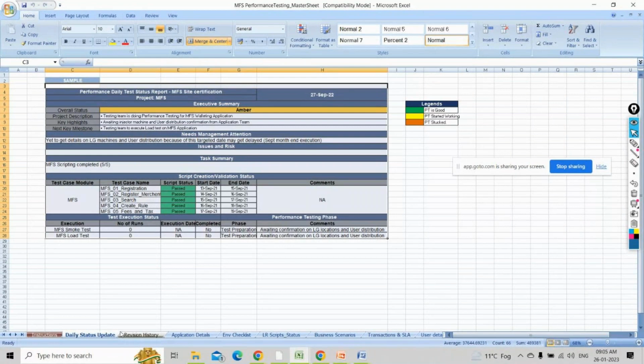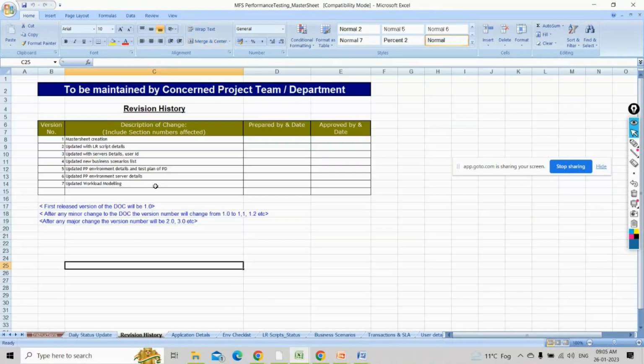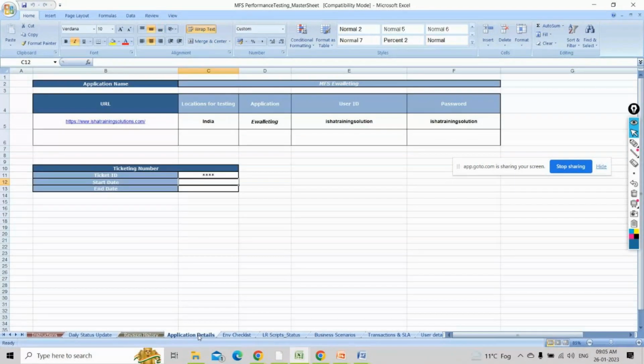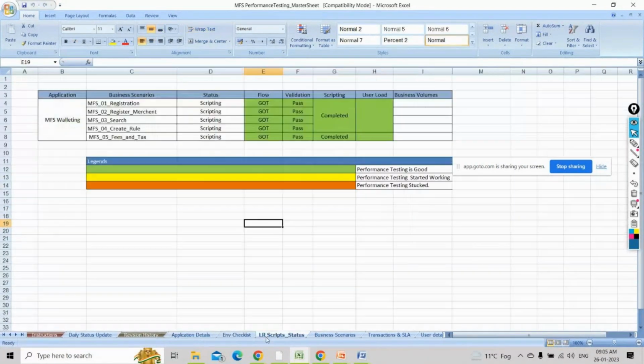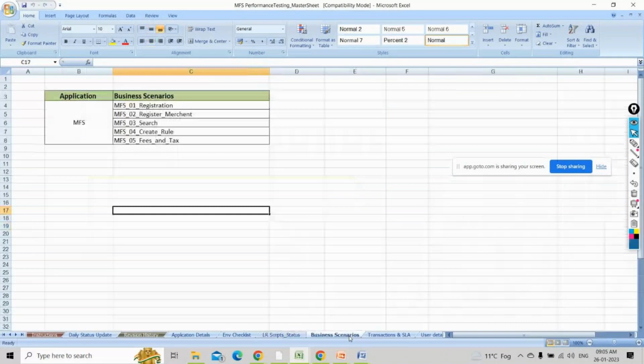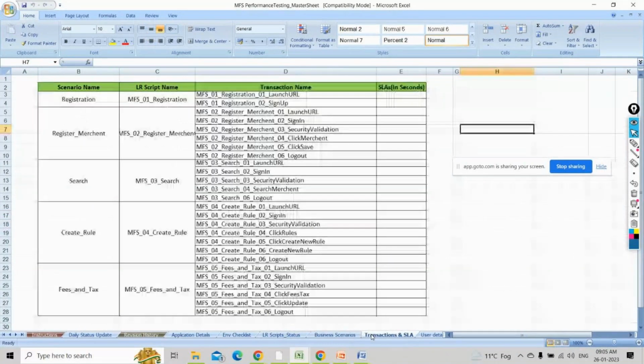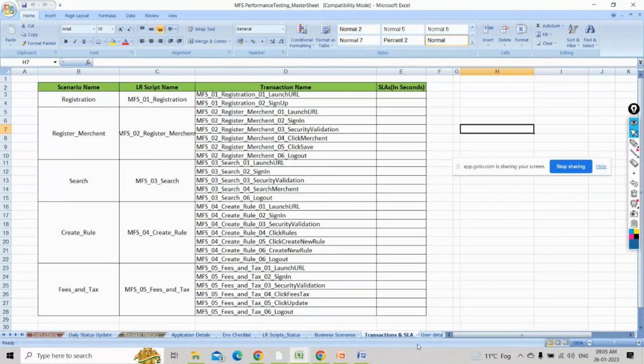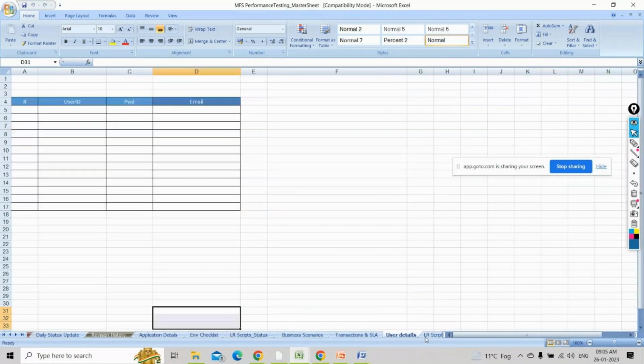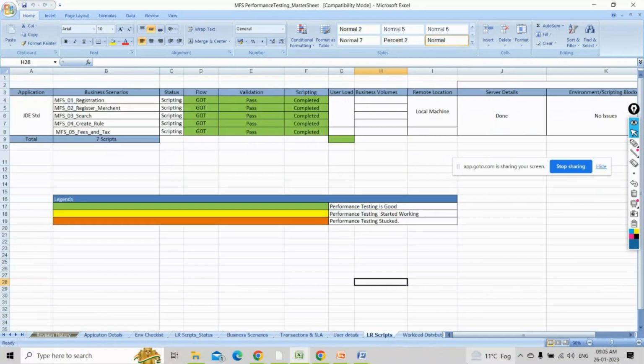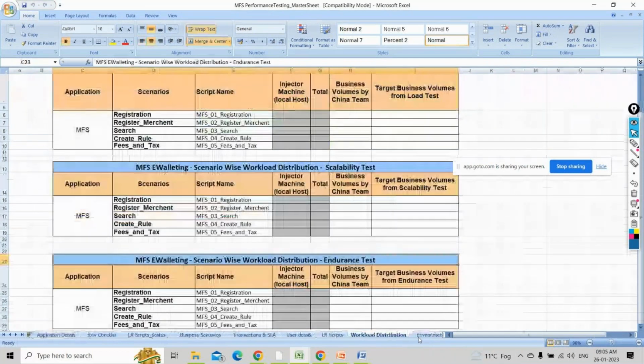Then the revision history, meaning what changes have been done on the environment. Then the application details, the environment details, the LR script status. What are the business units that you're testing, the transactions and what are their SLAs. The user details if you have any. Then the LR script status, then workload modeling, and then the environment